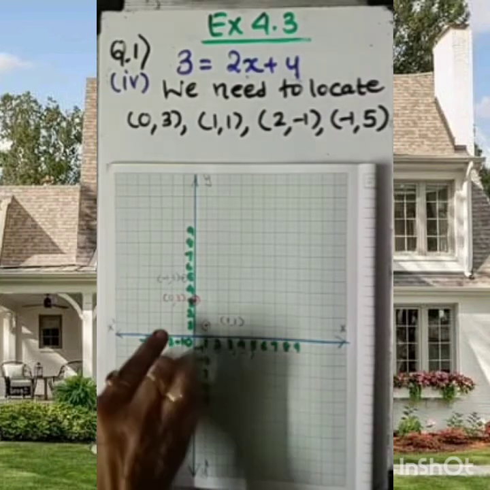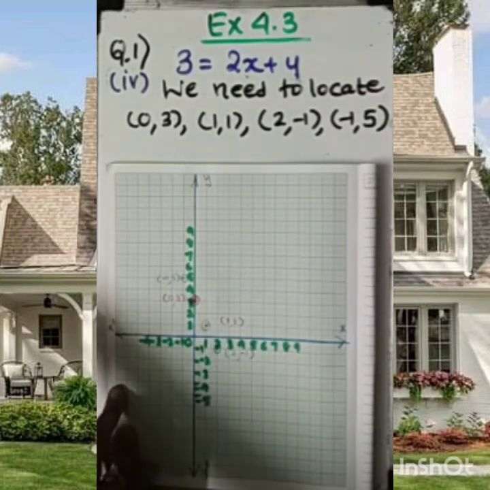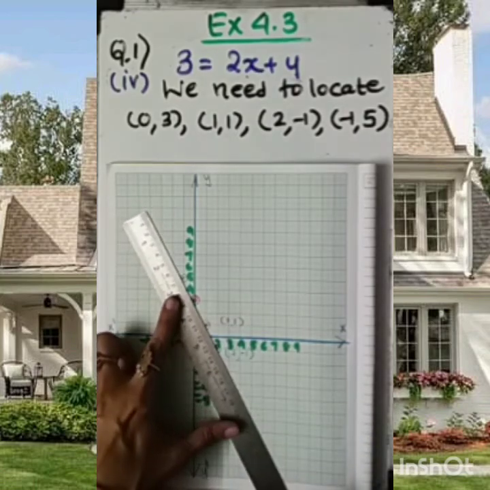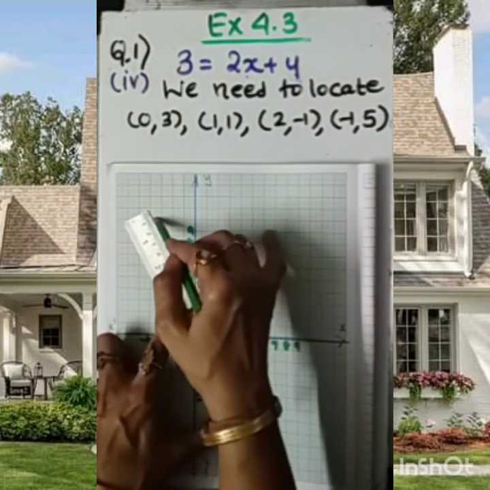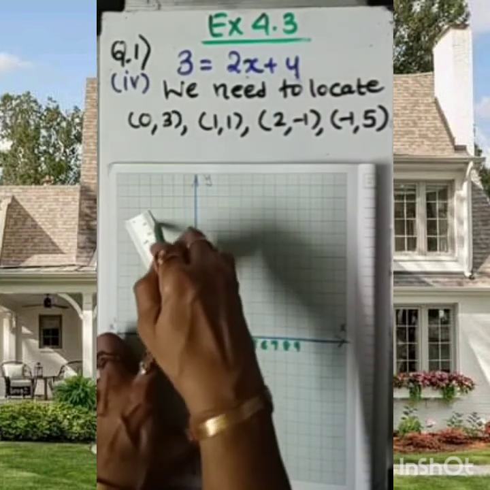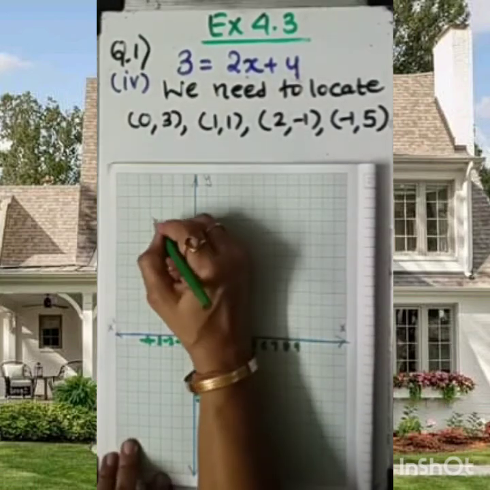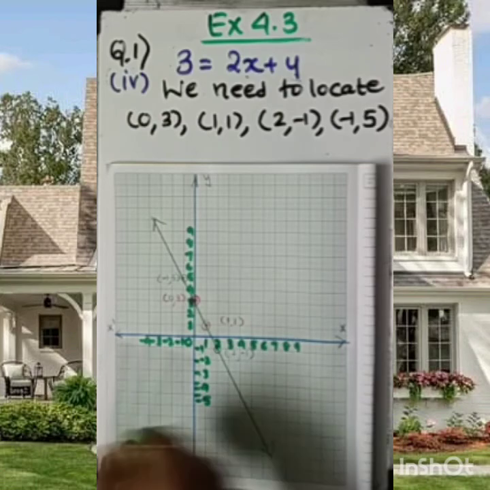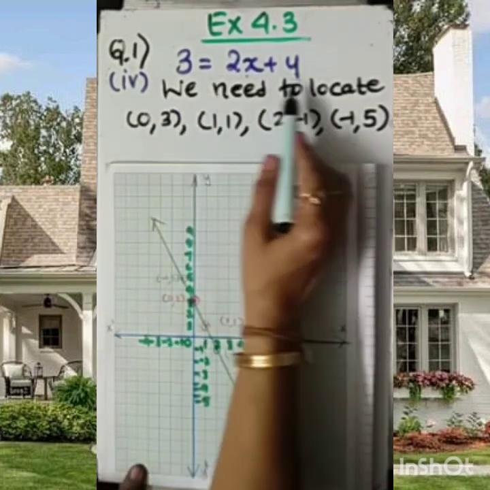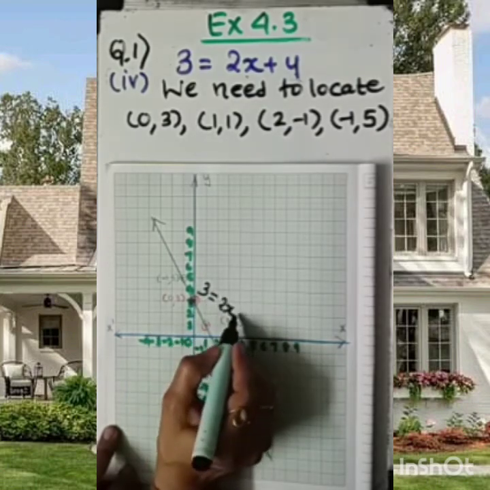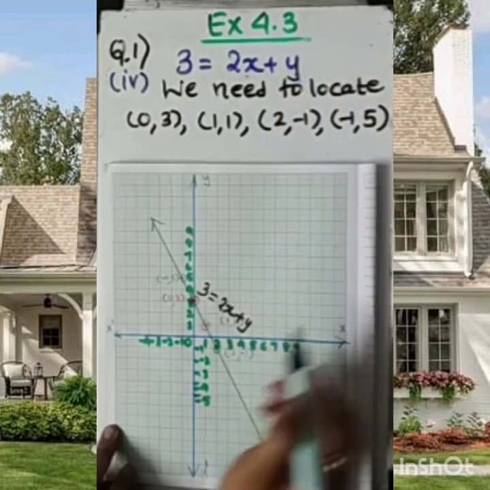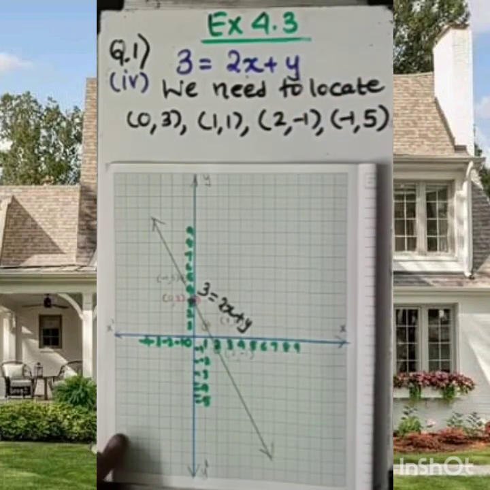Now all these points, 1, 2, 3, 4, all these points I am drawing. We can see they lie on the same line. And now I am going to draw one line passing through all these points. So dear student, the line which I have drawn here is the line for this linear graph. The graph is of 3 equal to 2x plus y. So here is the solution of the fourth part of the given question. Question 1 is complete here.